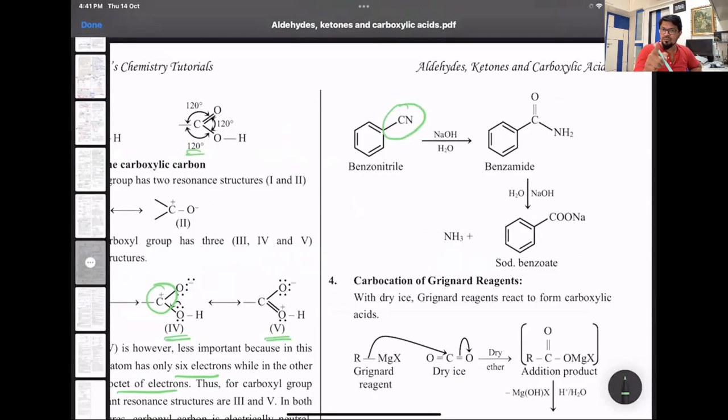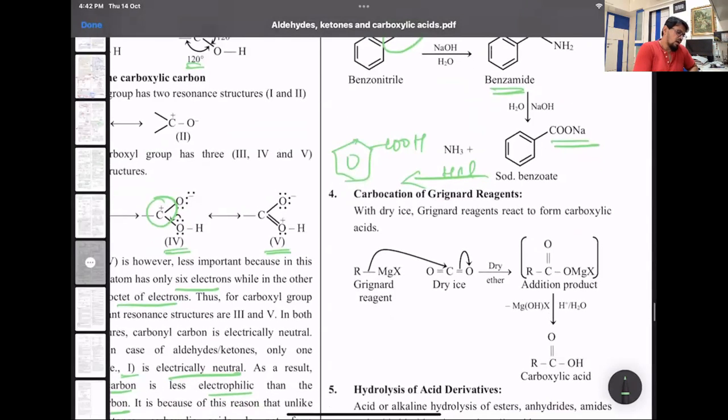This is alkaline hydrolysis. First, it will form intermediate benzamide. With NaOH, it forms sodium benzoate. And then the same sodium benzoate, if you react with HCl, what's going to happen? Again, it will form back benzoic acid. So in alkaline hydrolysis, the reaction takes place in 2 steps. First, cyanides with NaOH, intermediate benzamide. Amide is actually formed, but you don't show it because it reacts ahead. Hydrolysis, you get sodium benzoate, salt. Salt, if you acidify, you get back the acid.